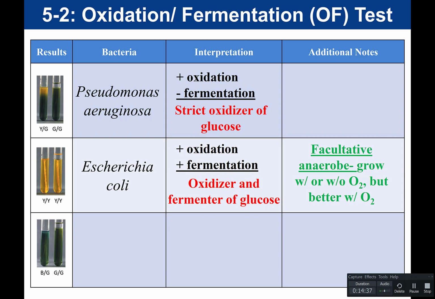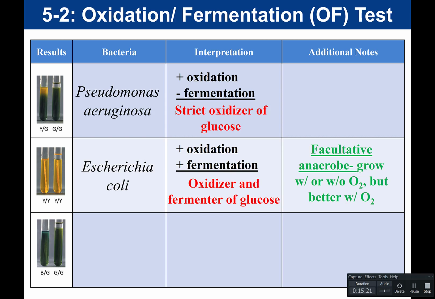And the reason for that is that through oxidation, bacteria can get about 30 to 32 ATP per glucose. When bacteria do fermentation, they're only going to get 2 ATP per glucose. So for organisms that can do both, they can grow in both conditions, but they will grow better when O2 is available because they get a greater yield of ATP. So again, we call this a facultative anaerobe, meaning that it can grow anaerobically if it has to,